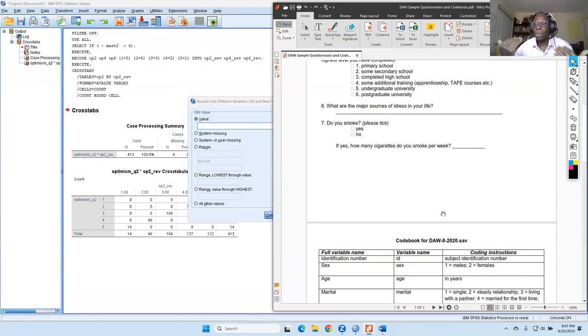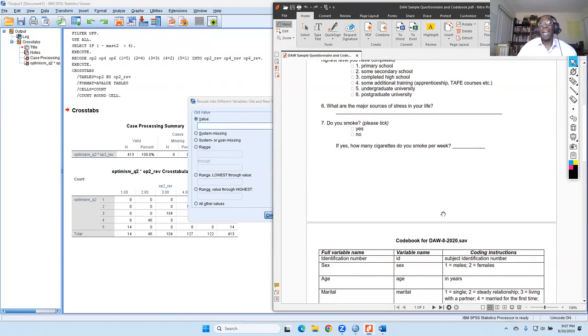Because whenever you're developing a survey, you want your high scores to all represent the same disposition or characteristic of the phenomena, right? Generally, the low scores represent something negative and the high scores represent something positive.